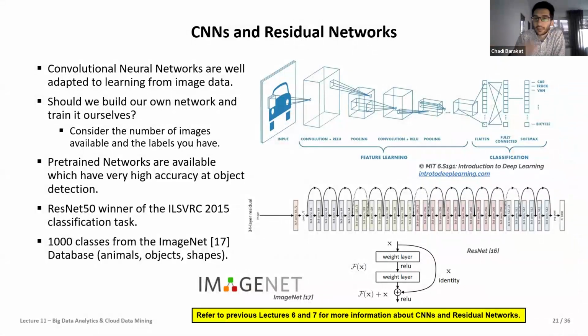And at the end of it, the model is expected to perform on new images that it has never seen. And how well it performs on these images defines how well it performs on this ILSVRC classification task. In 2015, the ResNet 50 won this task because it performed very well, and it implemented this residual